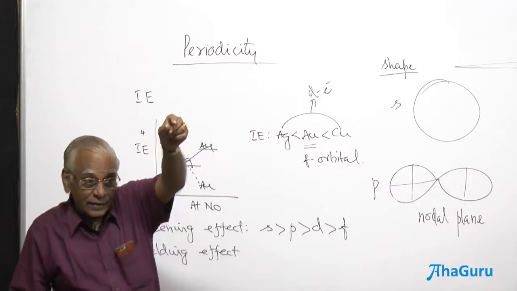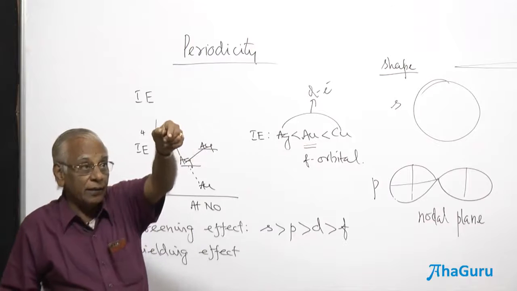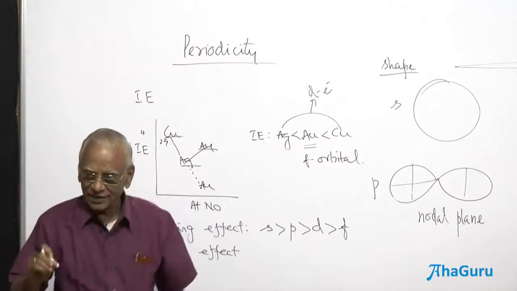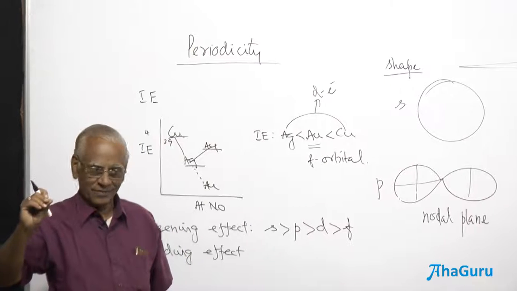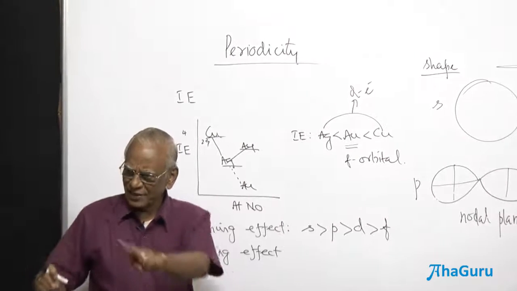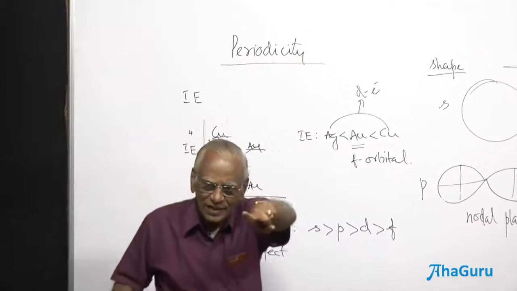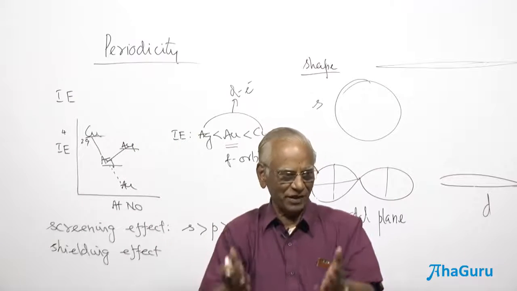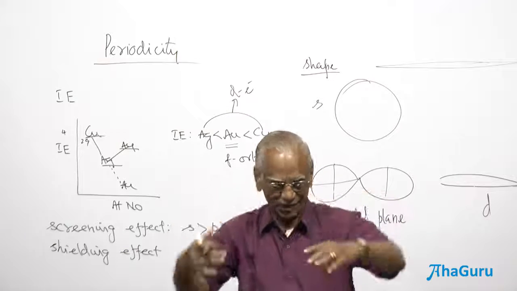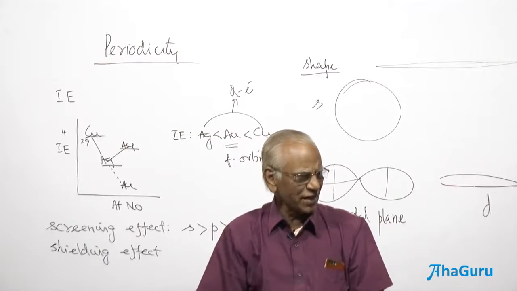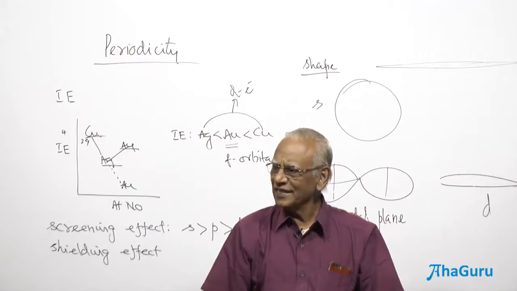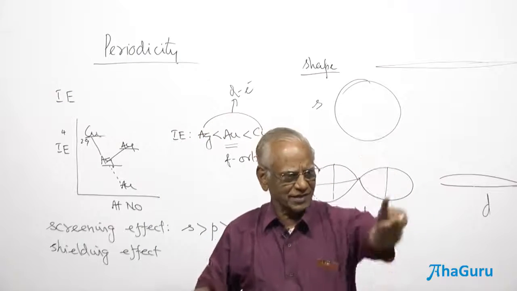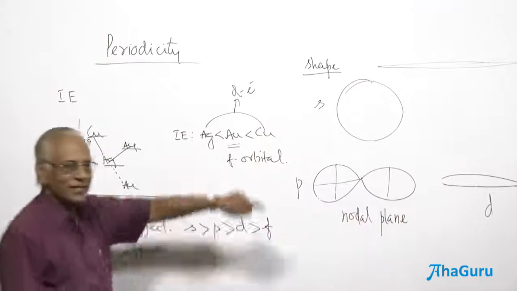Not strictly speaking, as in your theory, what happens here? As per the theory, down a group, ionization enthalpy should decrease. Down a group, ionization enthalpy should decrease for two reasons. What are the two reasons? Atomic radius and number of inner electrons. Inner electrons try to repel and cover the nucleus. That is also a kind of shielding effect. As the number of inner electrons increases, attraction towards the outermost electron decreases, isn't it? Therefore, there is a discrepancy.